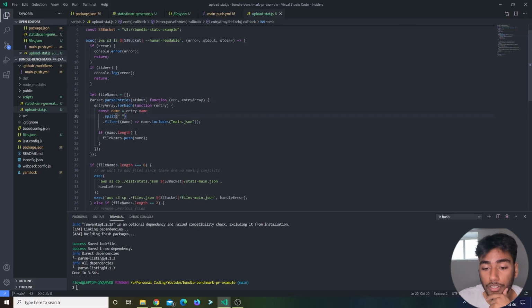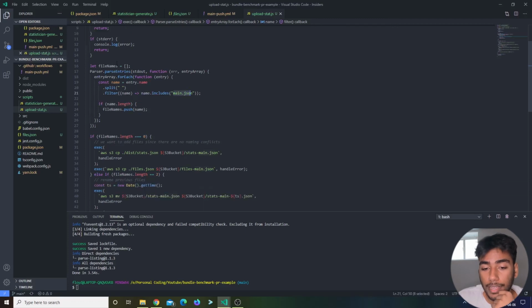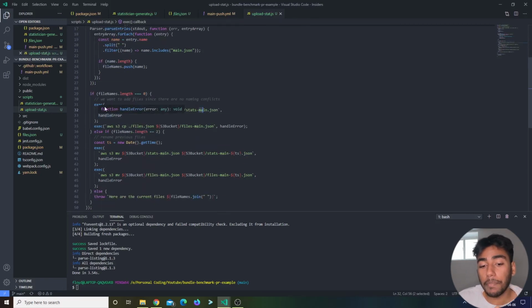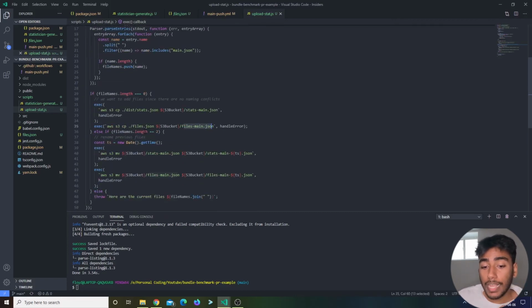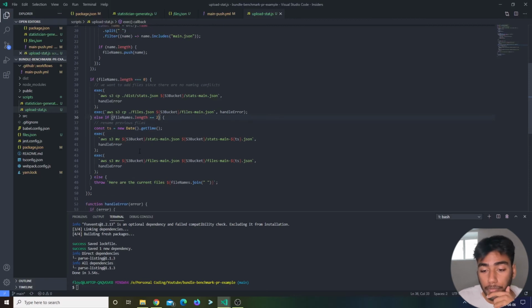So we parse it just to see if their name includes main.json, and if we don't find any files starting or ending with main.json, that means there aren't any files over there. So we can immediately just upload our stats file and our files.json directly to the S3 bucket. If the length is 2, which it should be if there are already files uploaded over there,